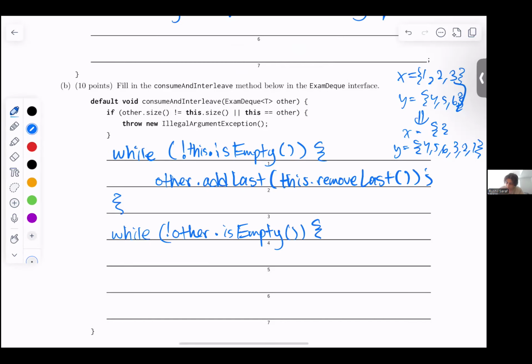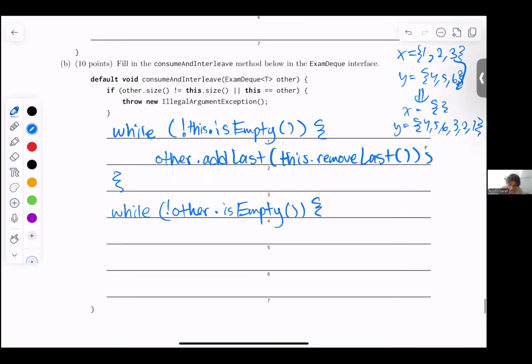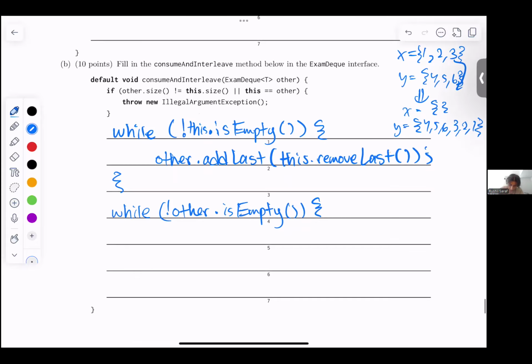We have to alternate between taking the last item in other and the first item and adding them to this, right? So let's say we can do this dot add